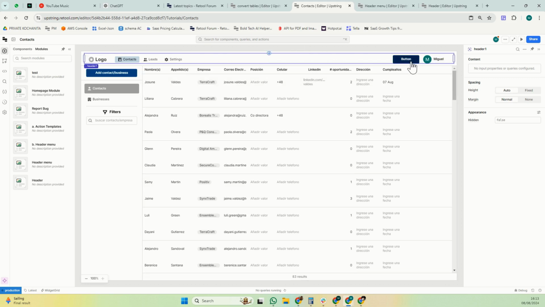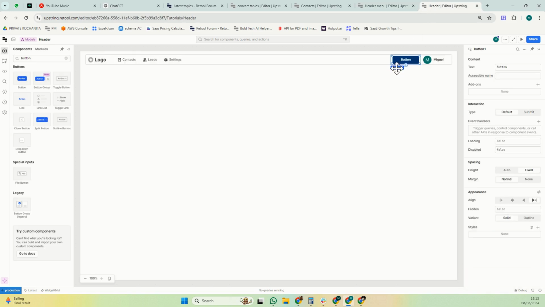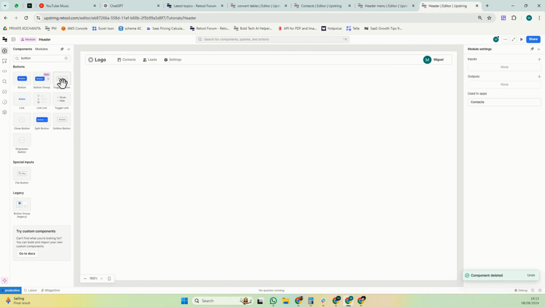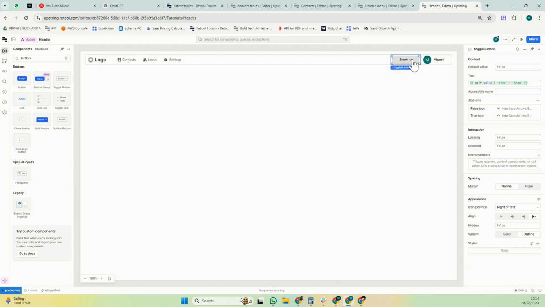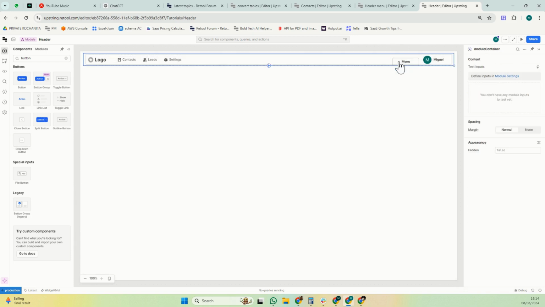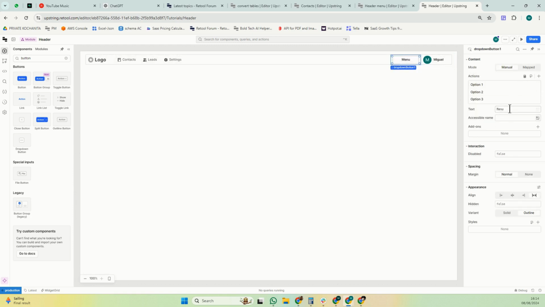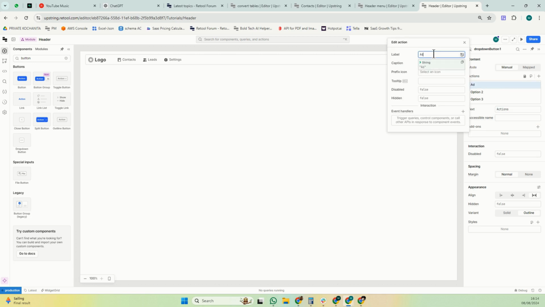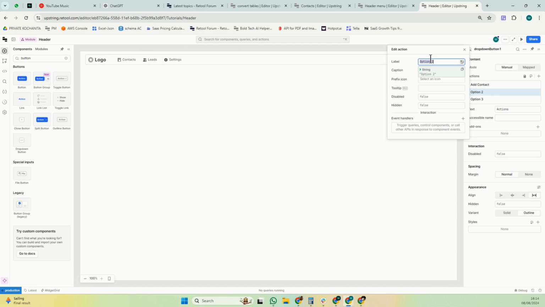So for example, right now here I have a button. I'm just going to go here and delete this button. And actually, I'm going to make it a toggle button. No, not a toggle button, sorry. A drop-down button. Brilliant. I will call it actions, and it will have add contact, then add company,